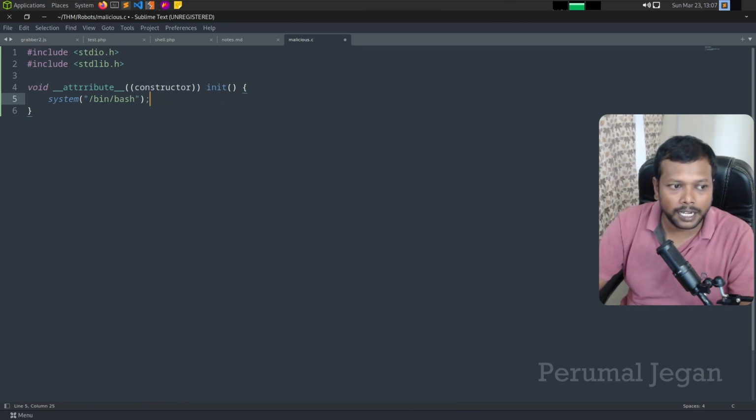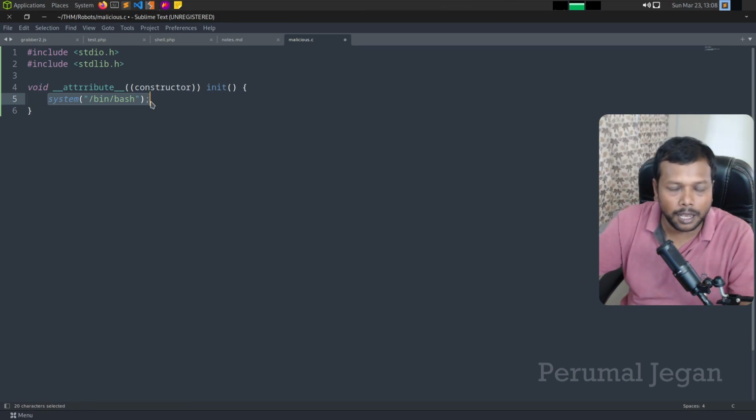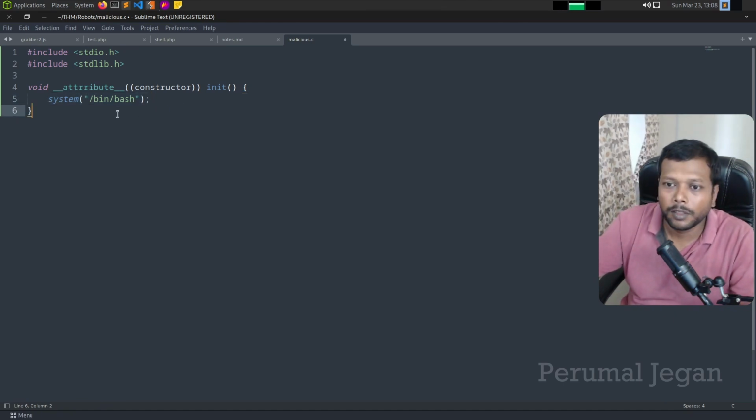I'll be compiling it as a Linux library, and I'll be loading this library via Apache. So when Apache loads this library, this command will be executed as that particular user who runs Apache. Since we know Apache 2 is run by root user, we will be able to escalate the privilege in that way. Okay, so this is what